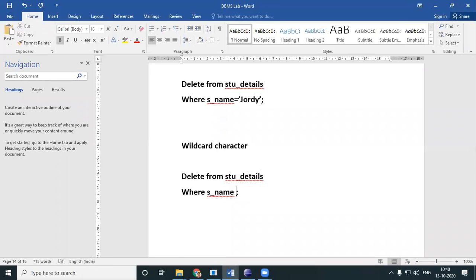Instead, I give S name like, starting with a capital A, and the remaining, I'm not bothered what it is. So I give a percentage because it could be a single letter, a double letter, or n number of letters. I don't bother whatever is happening after the A. The starting should be an A.